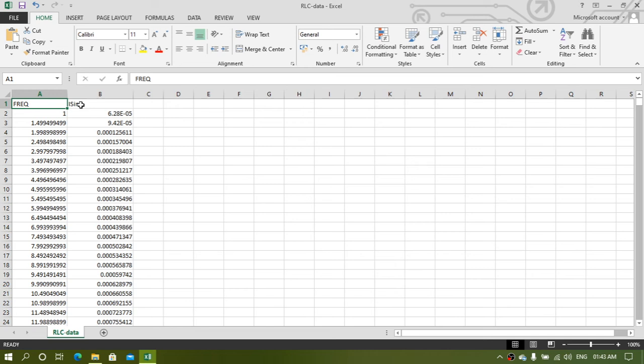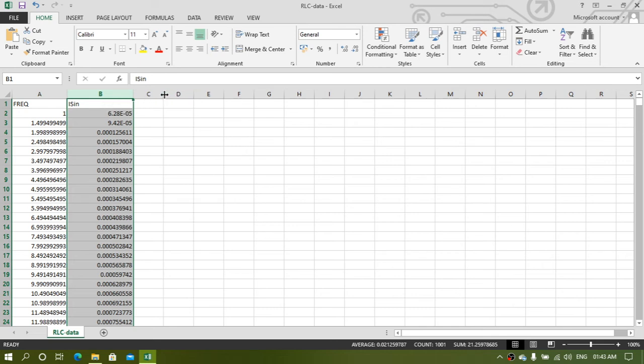So now you will have to, as we know, this is our current gain at B column. This is our current gain, so we'll have to multiply this gain with the input voltage.